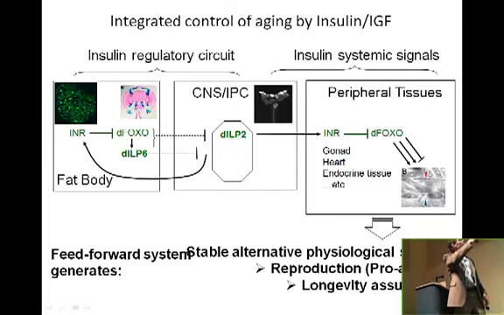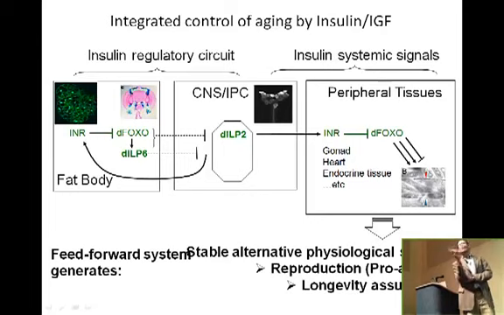You can have these feed-forward systems like right here, and what this does is it puts the animal in one kind of valley, let's say a reproductive pro-aging valley, and it won't be perturbed very easily to slow down reproduction and to turn on longevity assurance, because as long as the insulin is being produced, it stops this repressive system. But if there's a switch that can somehow break this circuit,